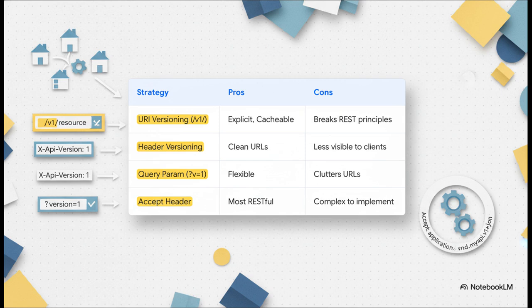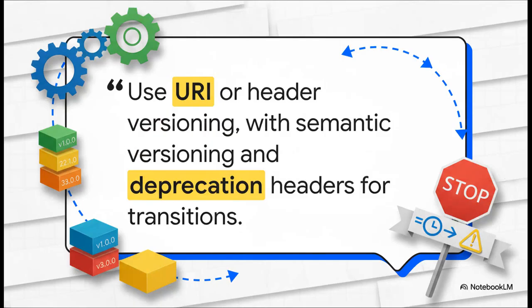The key here isn't to say one is best, but to show the interviewer that you understand the pros and cons of each one. Here's the expert take. You start by listing the main strategies, which shows your breadth of knowledge. But then you add 2 absolutely critical best practices: using semantic versioning to clearly communicate what kind of change you're making, and using deprecation headers to gently warn clients that an old version is going to be retired soon. That shows you're thinking about the clients, not just the server.